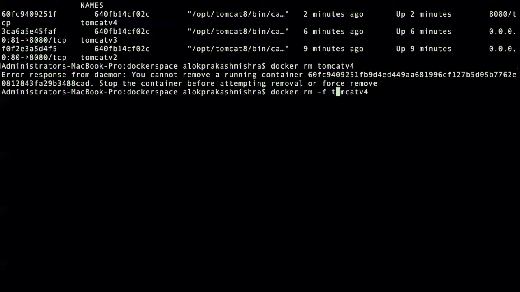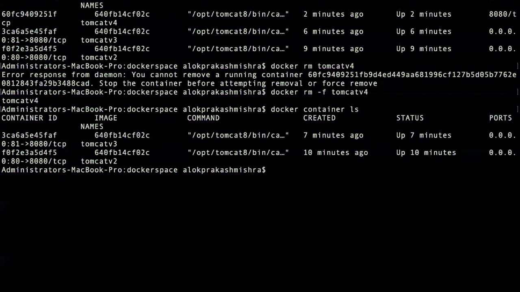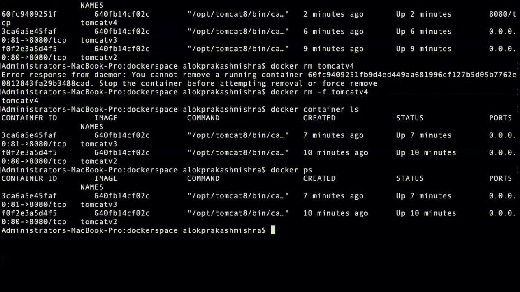Okay, so it is stopped, it is deleted. There is always a process running, docker ps. See here, for this command the process is running. So you can bulk delete also.